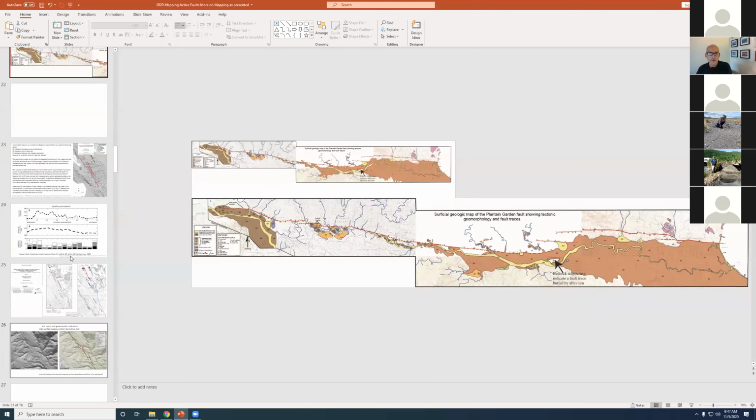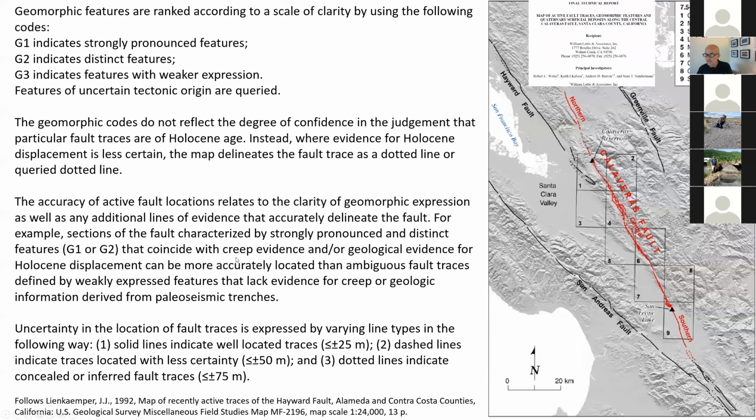Oh yeah, let's talk about this one. This is some suggestions that came from Steve Thompson, and it's important for you guys to see a couple of points here. In the upper right, you can see this final technical report, a map of active fault traces, geomorphic features, and Quaternary surficial deposits along the central Calaveras Fault, Santa Clara County, California. So you can see where the location is. And then notice this narrative. It's a little bit long-winded here, but